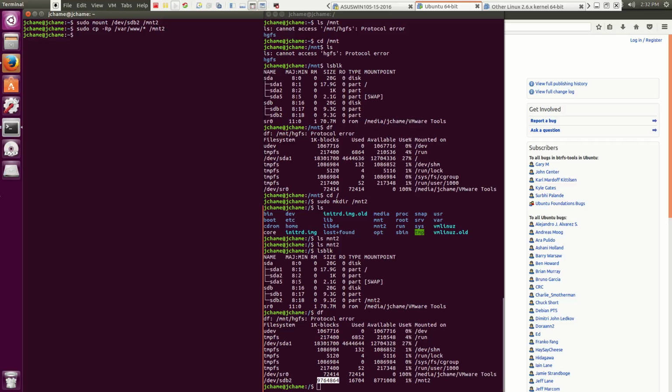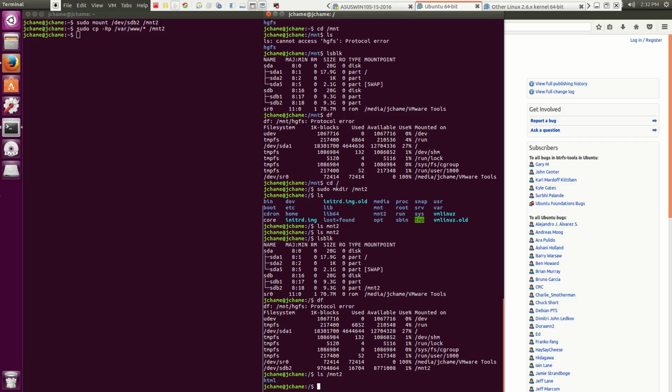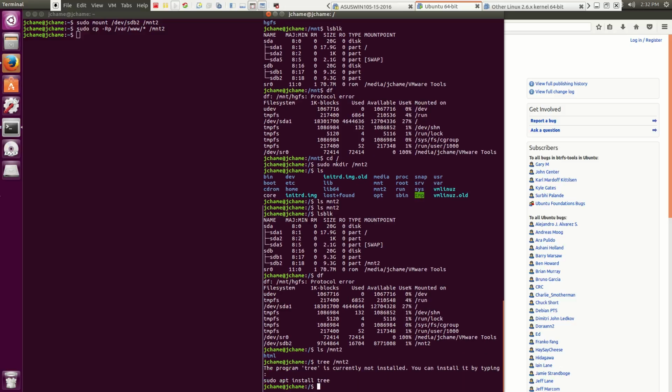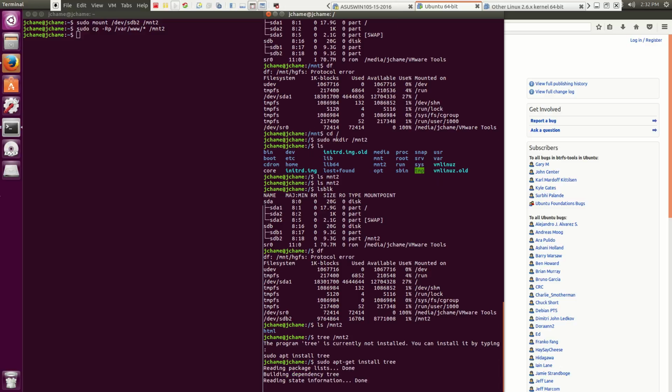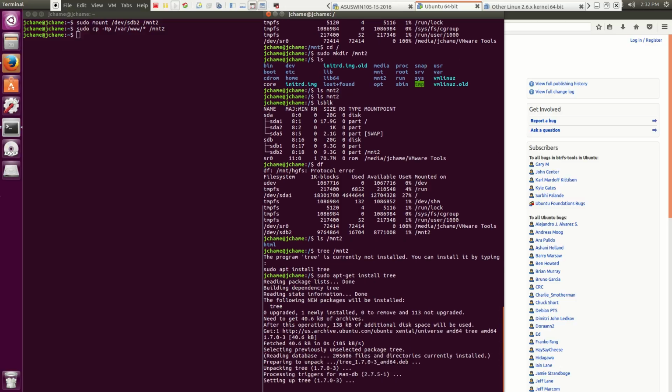And we're going to hit enter, and we're going to go ahead and check ls. Oh, let's do that over here. ls mount2. We see HTML. Let's go tree mount2. Oh, sudo apt get install tree. And this system is apparently so new that it does not have tree on it, so we're going to go tree. Now we're going to try tree